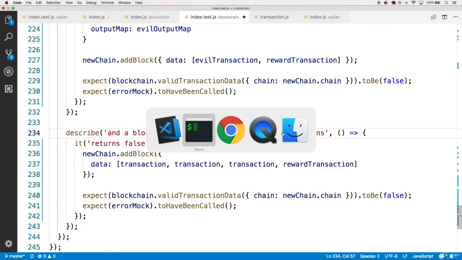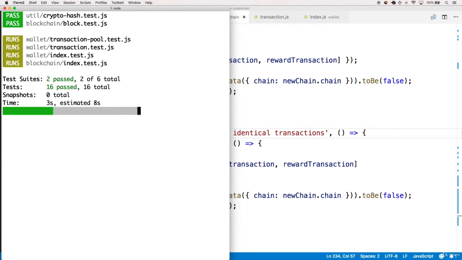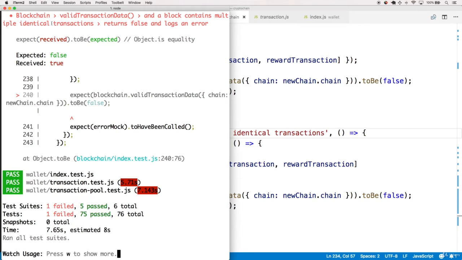And then once you're ready, head to the command line, save the file, and then fire npm run test. And you should find that there's now one failing test, and it's certainly the case where there are identical transactions within the blockchain. So notice that our valid transaction data is returning true in this case, even though there's something definitely weird going on. And now to get this test to pass, we need to make a change in the regular